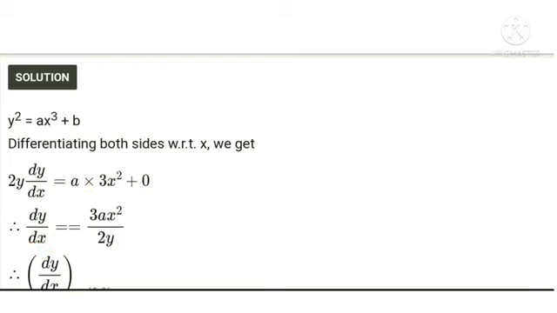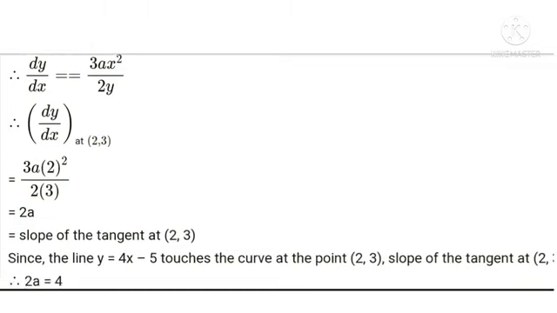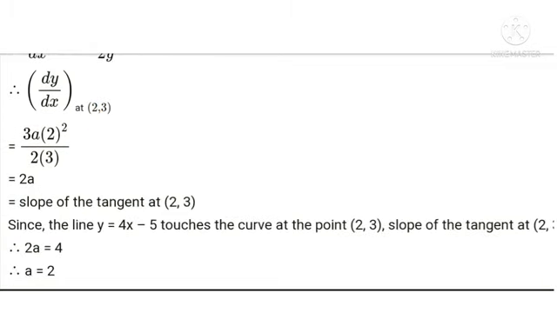So dy by dx at the given point (2, 3). Here you put x as 2 and y as 3, and then simplify. You get dy by dx at (2, 3) is 2a. It is nothing but slope of tangent at (2, 3). Okay, here it is simple. Now the line touches the curve at point (2, 3). Therefore, slope of tangent at (2, 3) is,